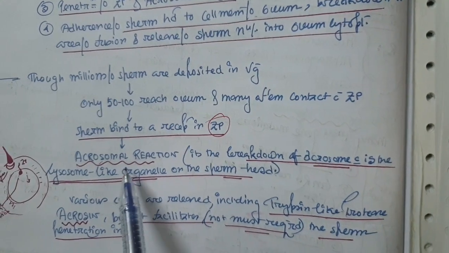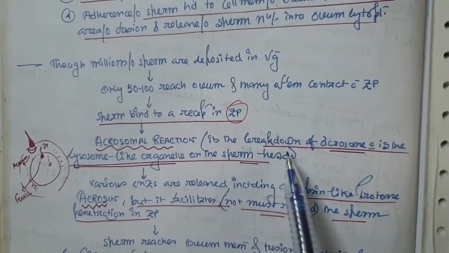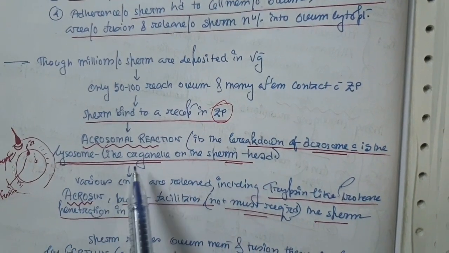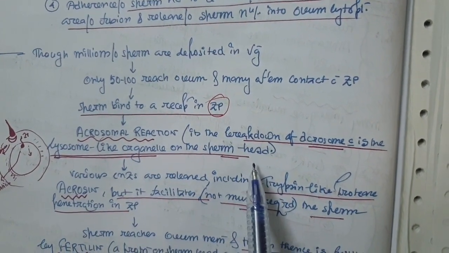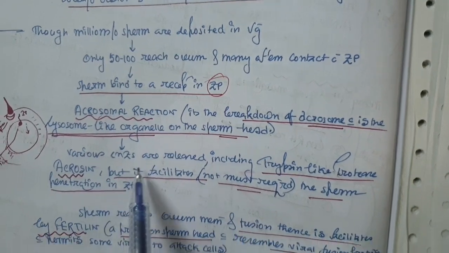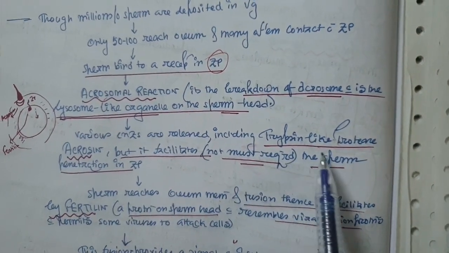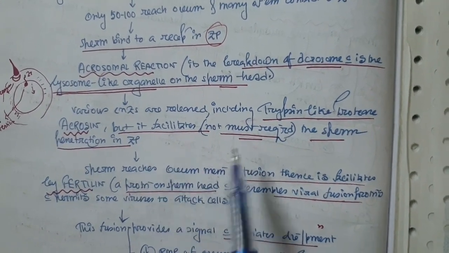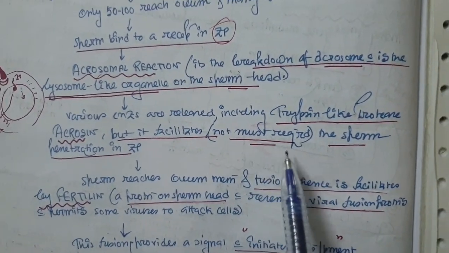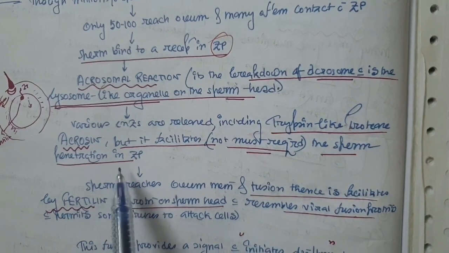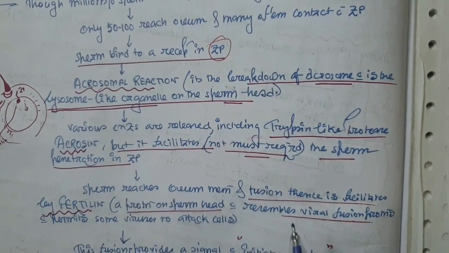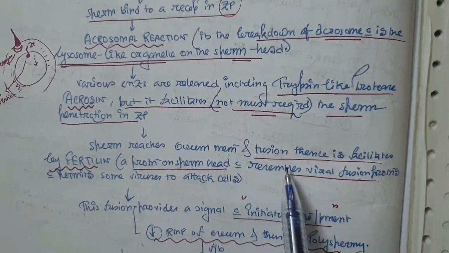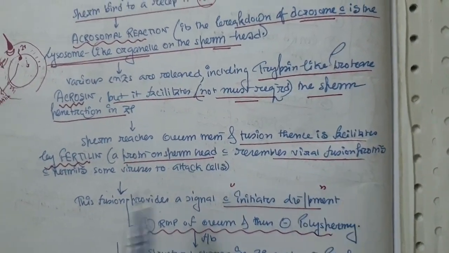So what is the acrosomal reaction? It is nothing but the breakdown of the acrosome cap of the sperm, which is a lysosome-like organelle on the sperm head. Various enzymes are released, including the trypsin-like protease acrosin, which is required for sperm penetration of the zona pellucida, and the sperm reaches the ovum membrane, and the fusion is then facilitated